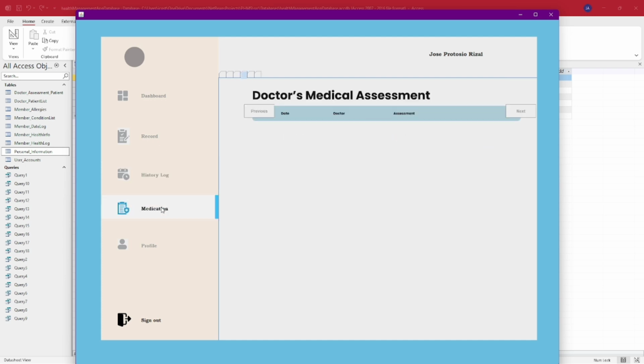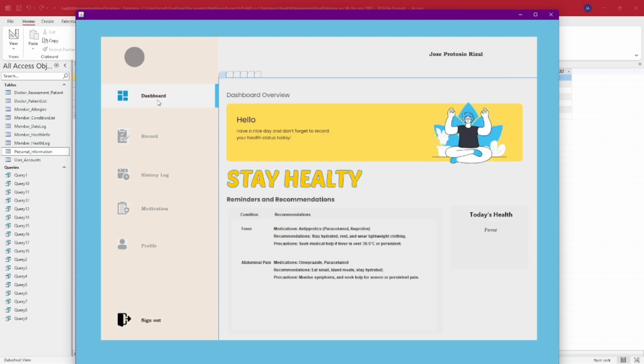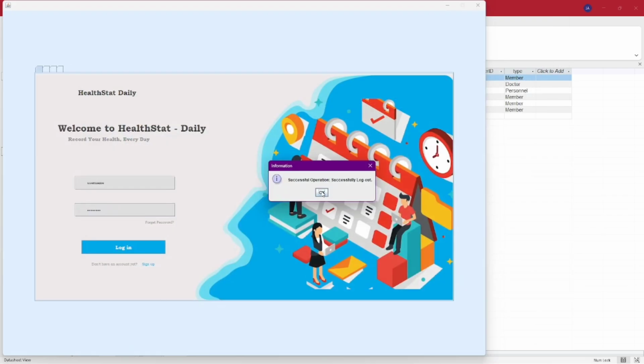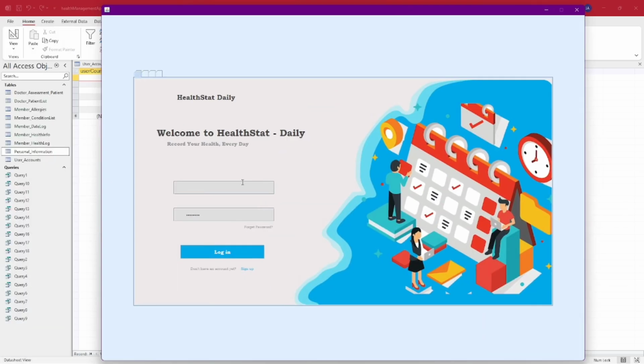In medication, it links to the doctor's part, so let's go back to the doctor part next time. Again, on the profile side, I think I walked through the member side functionalities. We'll go back to the medication part later. Let's go to the sign out button here. Successfully signed out. I have a doctor here, and I named it user 2.